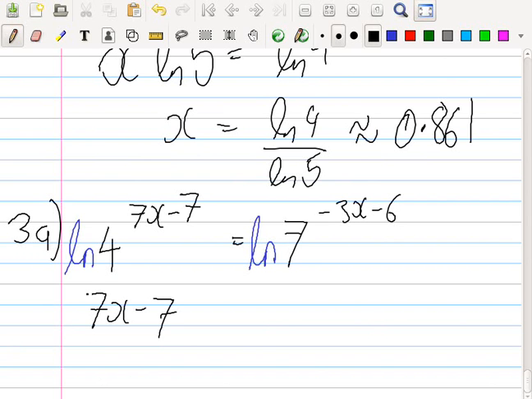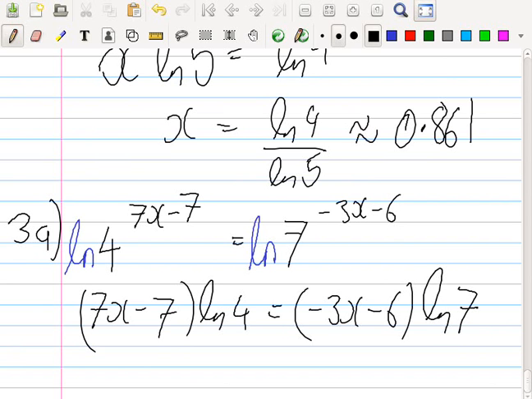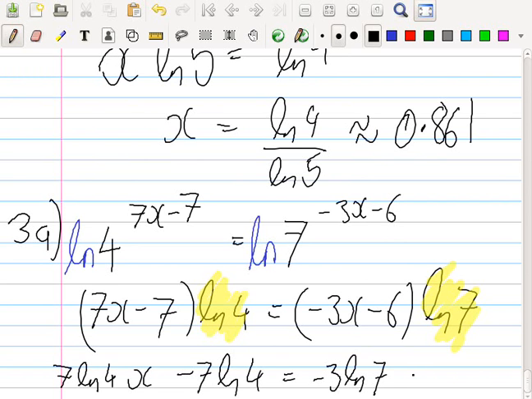7x minus 7 log 4 equals minus 3x minus 6 log 7. Now I know it looks a bit complicated, but we should just think of the log 4 here as being like a number. Log 4, log 7. So if you had brackets with a number, what would be the natural thing to do next? Multiply them in. So here we have 7 log 4x minus 7 log 4 equals minus 3 log 7x